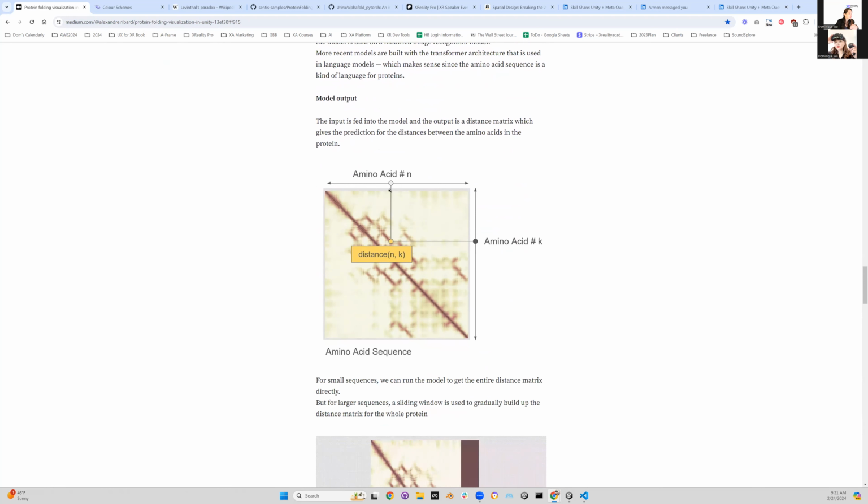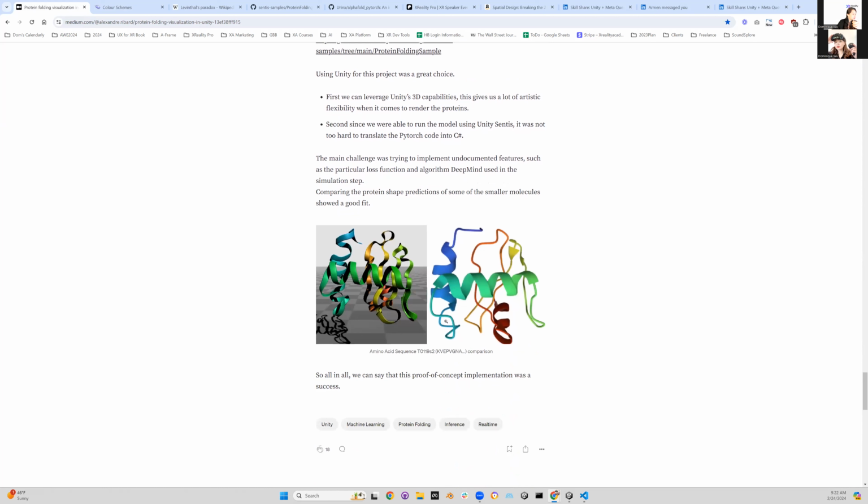So, runtime reference. Once you import the DeepMind AlphaFold, you can see this is the final result. You can see the amino acid sequence and the folding prediction using the DeepMind AlphaFold AI model. Okay, so let's dive into the